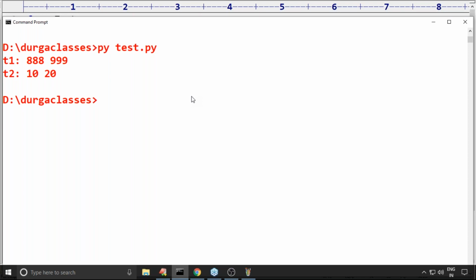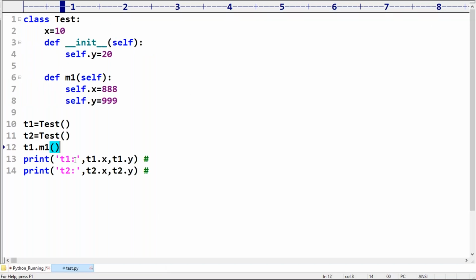Okay, so here just one more. Observe that. Suppose I'm taking a class method. At the class method, CLS must be required. CLS.x, CLS.y. Anyone, can you please tell what output you are going to get?